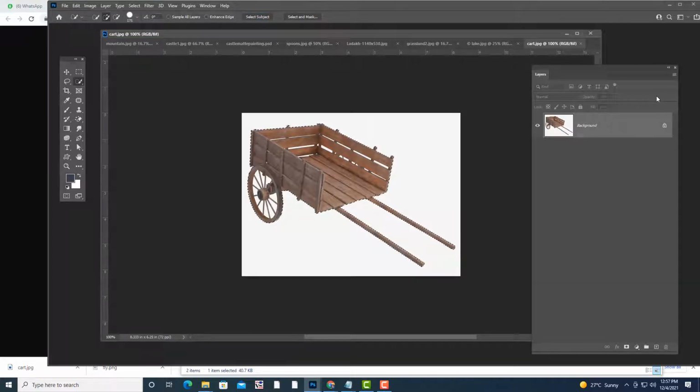Okay, but actually it is selecting only the border, so we want to remove that white coloring also. How we can remove white color? There is white color inside the spikes. How we can remove that? Anybody can do?